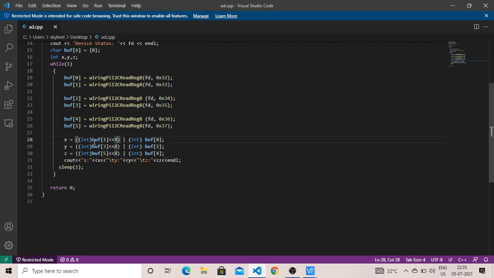It means I fetch the value of index number 1, convert the whole value into the integer data type, and apply a binary operation on that value by shifting 8 bits towards the left hand side. So I just shift the 8 bits of this value towards the left hand side, okay.